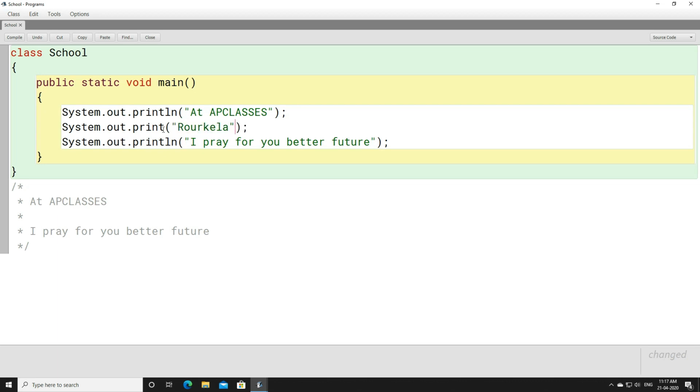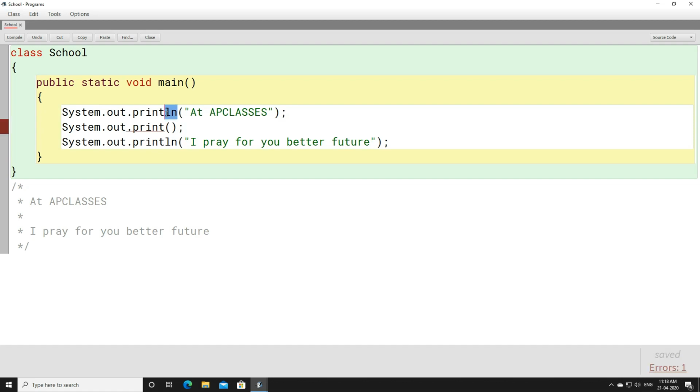But yes, if you write anything here within double quotes, it can be compiled and executed. The reason is that we have written print, but along with that we are printing something. It will not generate a new line, but it is printing something. If I remove this, neither is it printing anything nor generating a new line. So for what reason have you written print? It is giving you an error. Remember, you can never keep a print statement blank. I hope this part is quite clear to you.